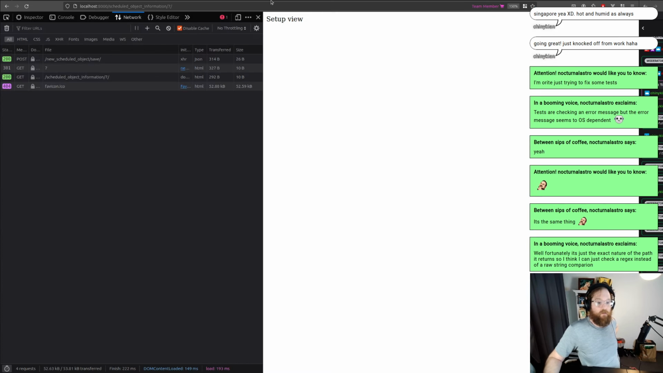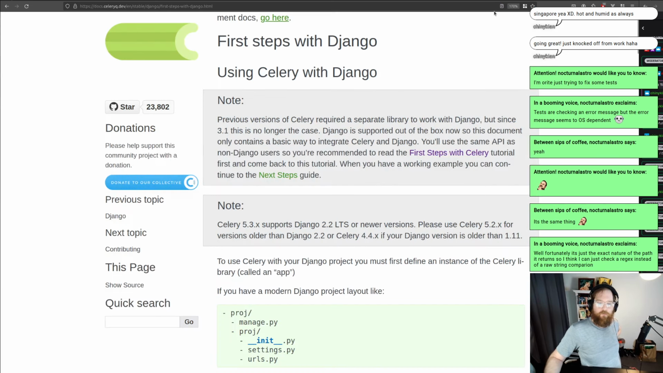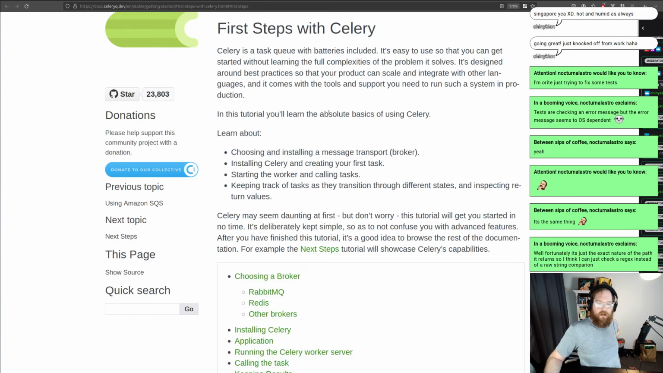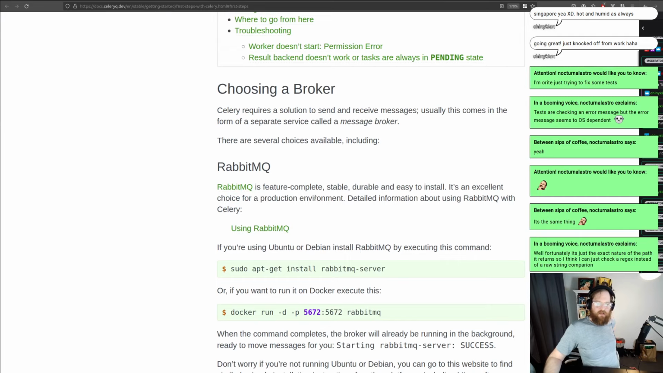So yeah, cool. Getting started with Celery, in the tutorial you'll learn the absolute basics of Celery, learn about choosing and installing a message transport, installing Celery and creating your first task, starting the worker, keeping track of tasks through